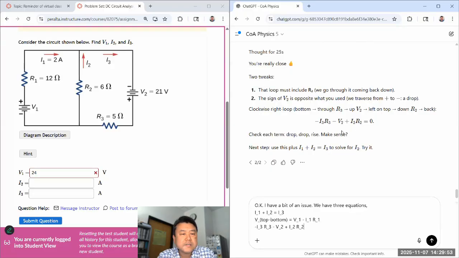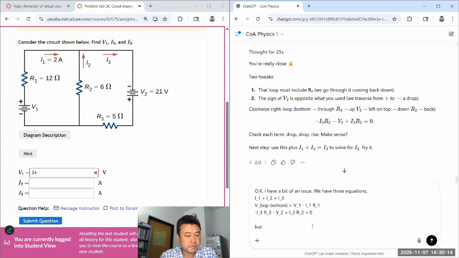That might actually have a sign error. Let's see. To have minus V2, going bottom right through, this should actually be plus. So plus and then minus and then plus. So this is actually a sign error. But let me leave that in. Is equal to 0, but